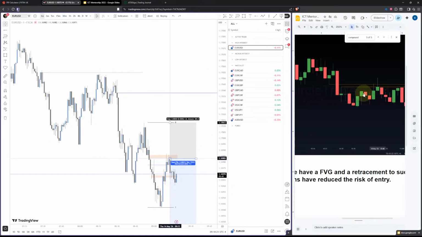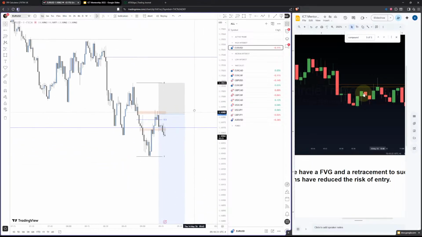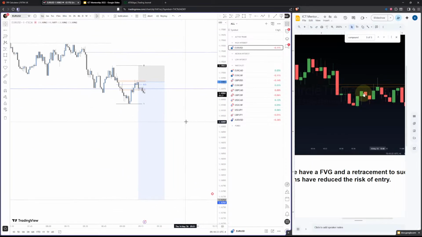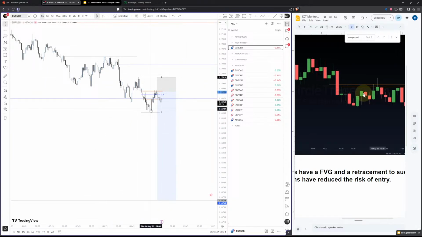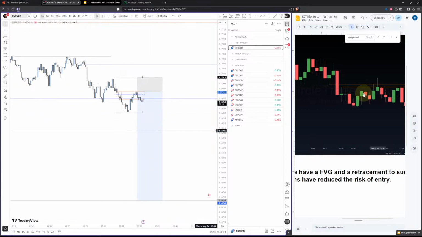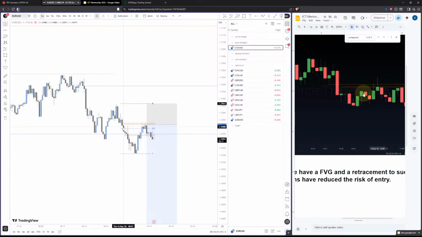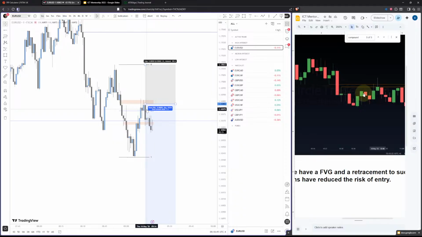Rather than getting in on the touch, to be fair, you would get in on this blue candle because you would have had this swing high with the low here and the low here. So this one would have been the entry. It's essentially making sure that your compound entry is safe because you have the displacement leg, you then have a retracement into the premium, you then have the pullback into a fair value gap,